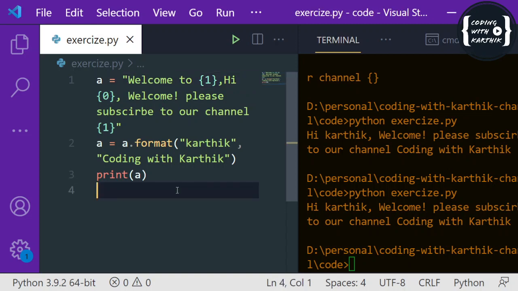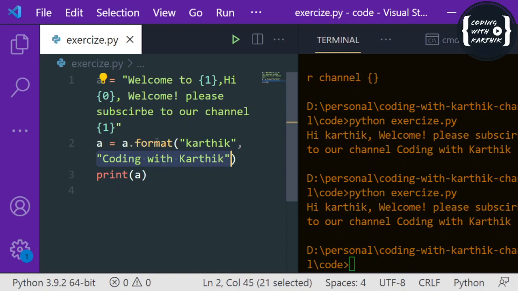Now I have given index 1 two times, for the placeholders. That means I want to replace these placeholders with the parameter which is at position 1. For here, the parameters are like this is at the 0th position and this is at the first position, right, and at position 1.